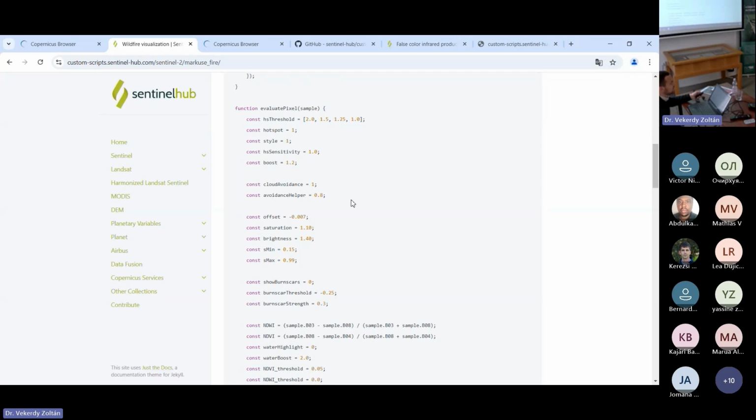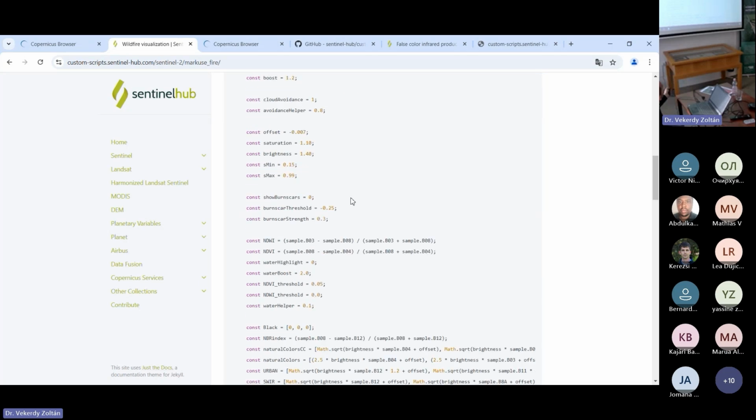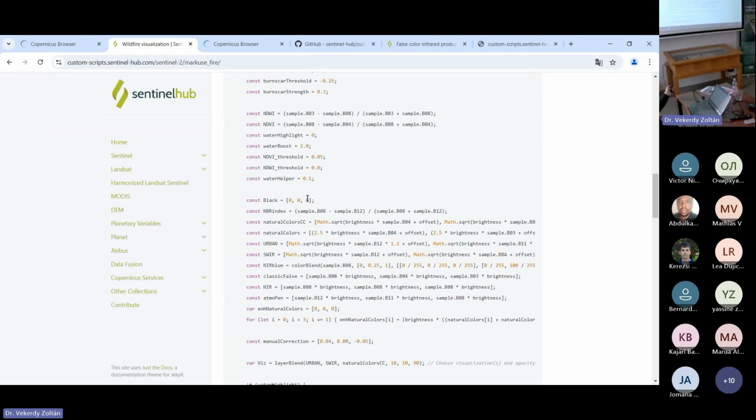And now here we are defining a lot of constants, from the threshold values for the individual decision tree parts, the cloud avoidance, for coloring the image, for the burn scars. Now we are defining some spectral indices like the Normalized Differential Water Index and the NDVI index with thresholds. Then we are further down with constants. We're defining true color. We are defining a couple of classes which we are assigning in the classification. And then in the very end,